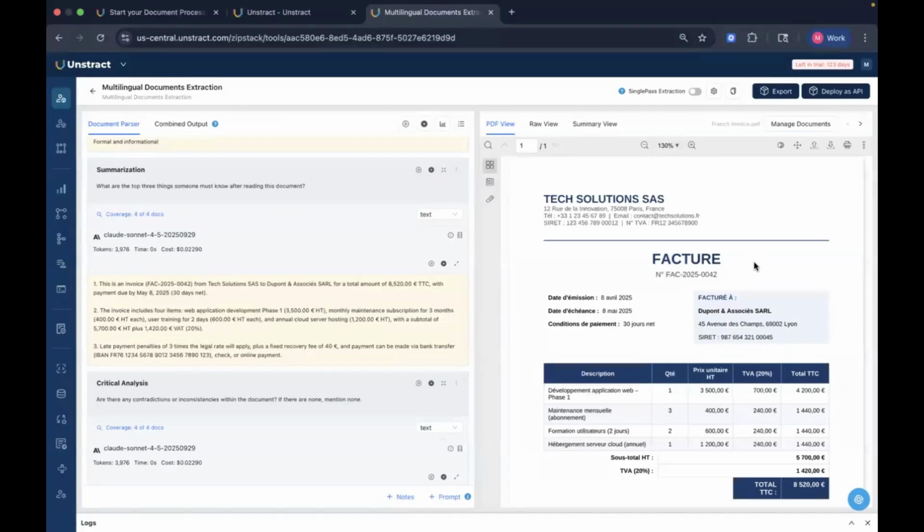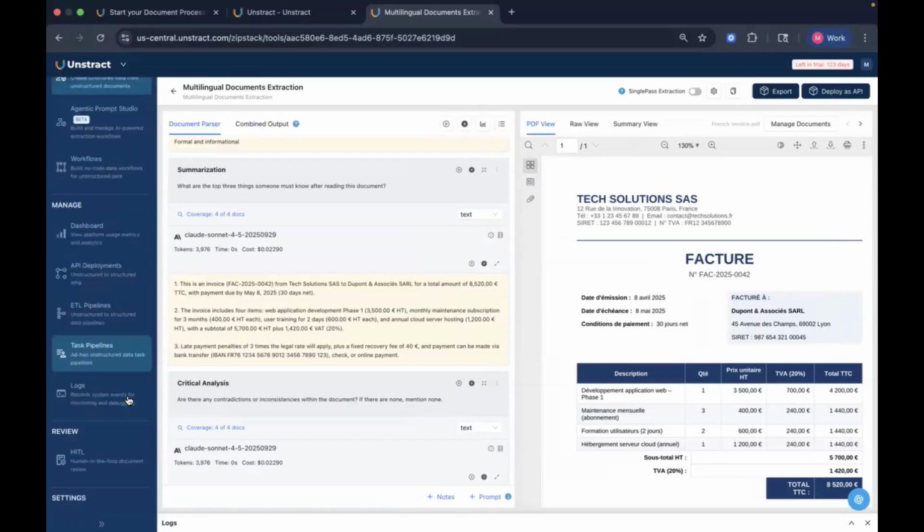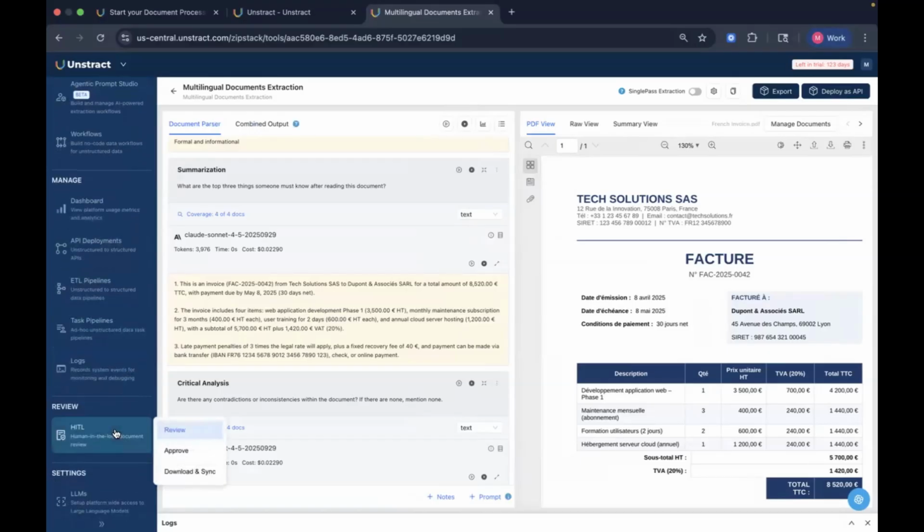So this basically comprises the powerhouse that Prompt Studio is and all the capabilities that are available over here. And again, you can export this project as a tool and deploy it as an API, ETL pipeline, or task pipeline. Now, before I conclude this session, I just wanted to quickly take you through our human in the loop